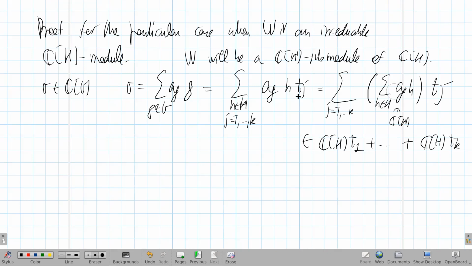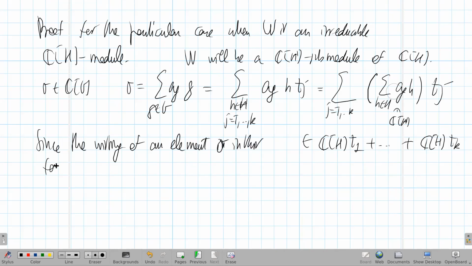Okay, so since the writing of an element sigma in this form is unique, and this goes back to the fact that every element of G can be written uniquely as an element of H times a transversal. The reason being that an element of G lies in a single,